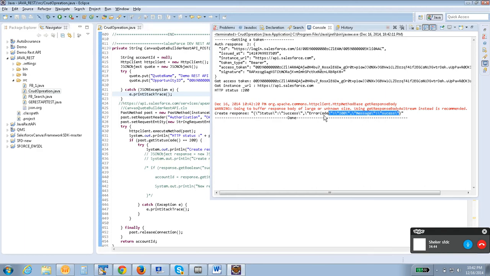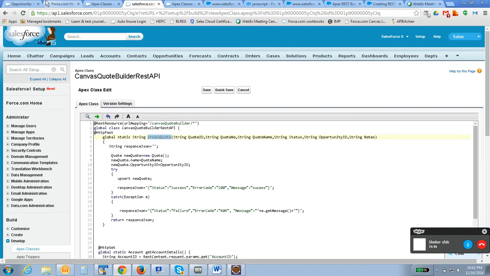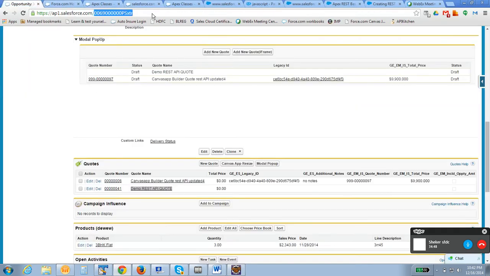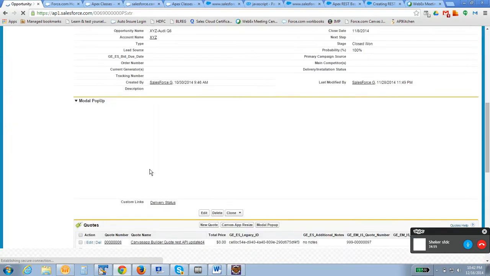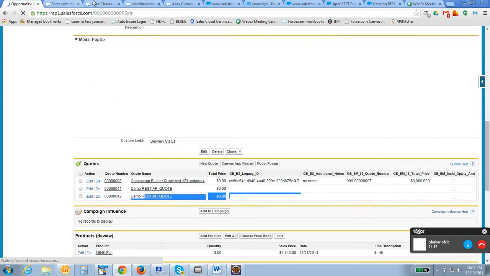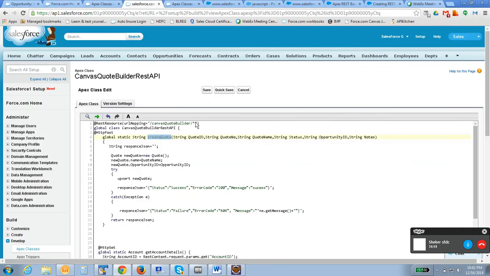Okay, so it is saying success, correct? So it's created, right? That's the reason why we are appending it over here. So you can specify the method name also.